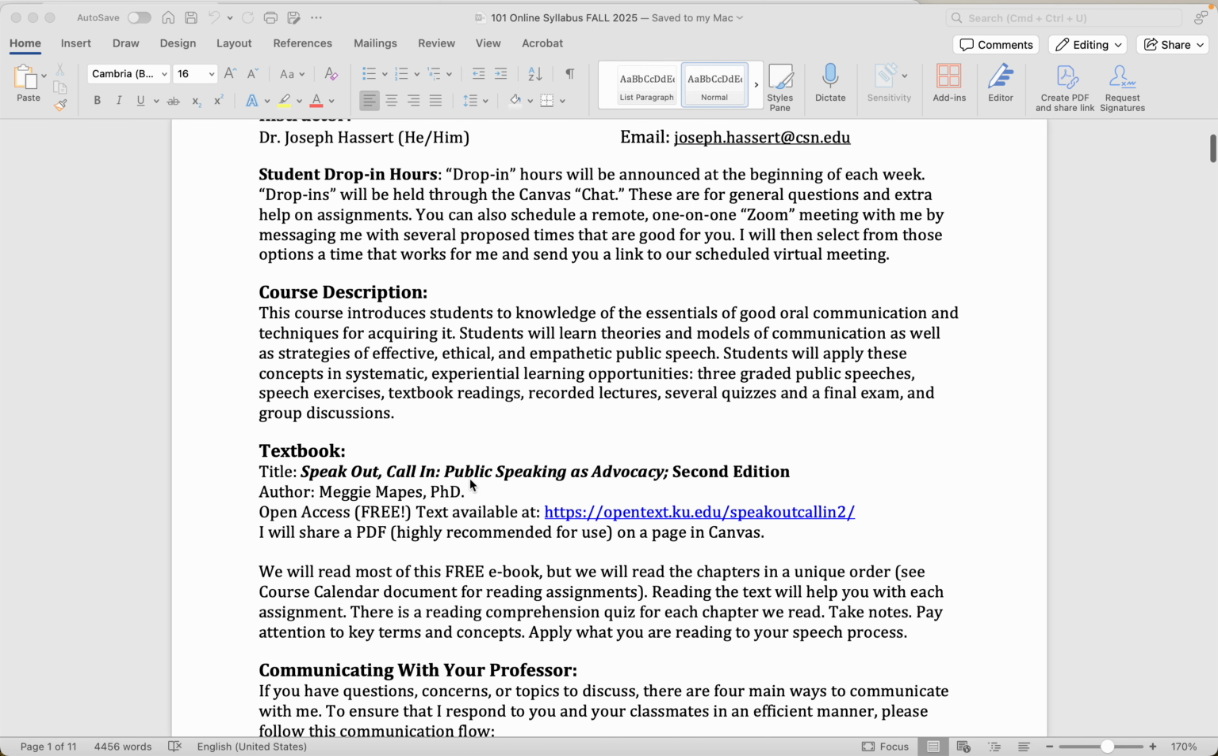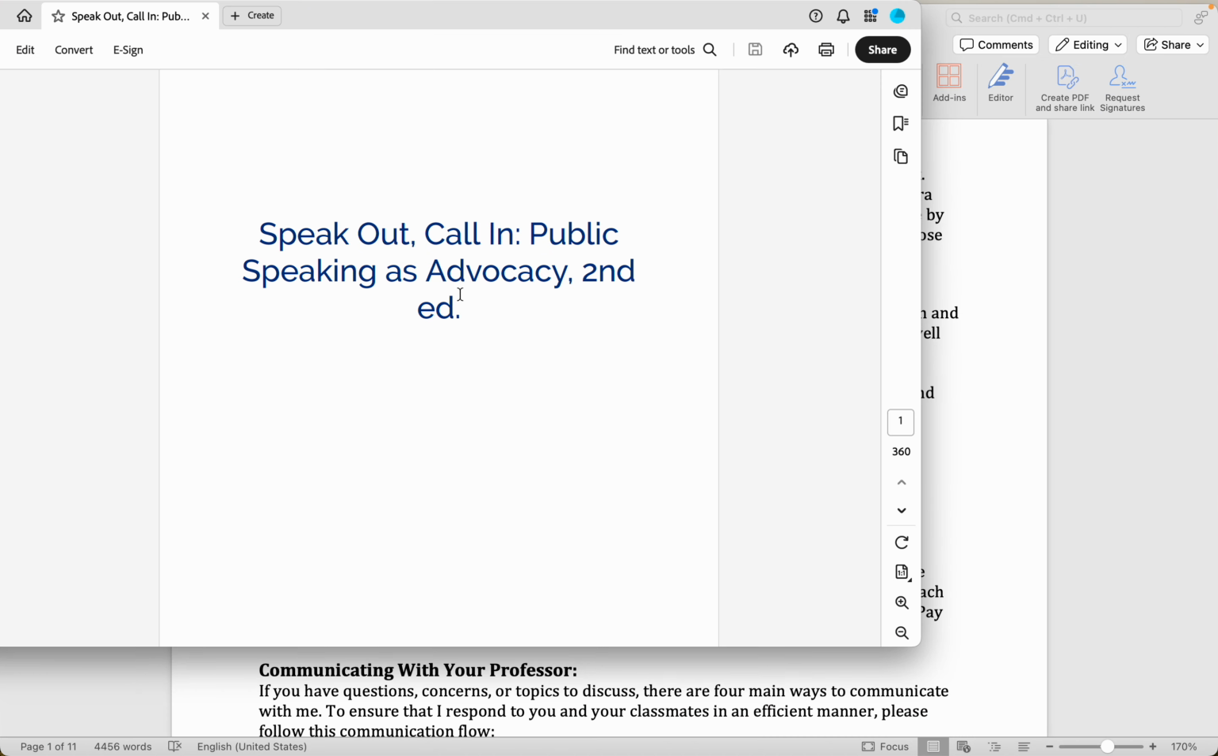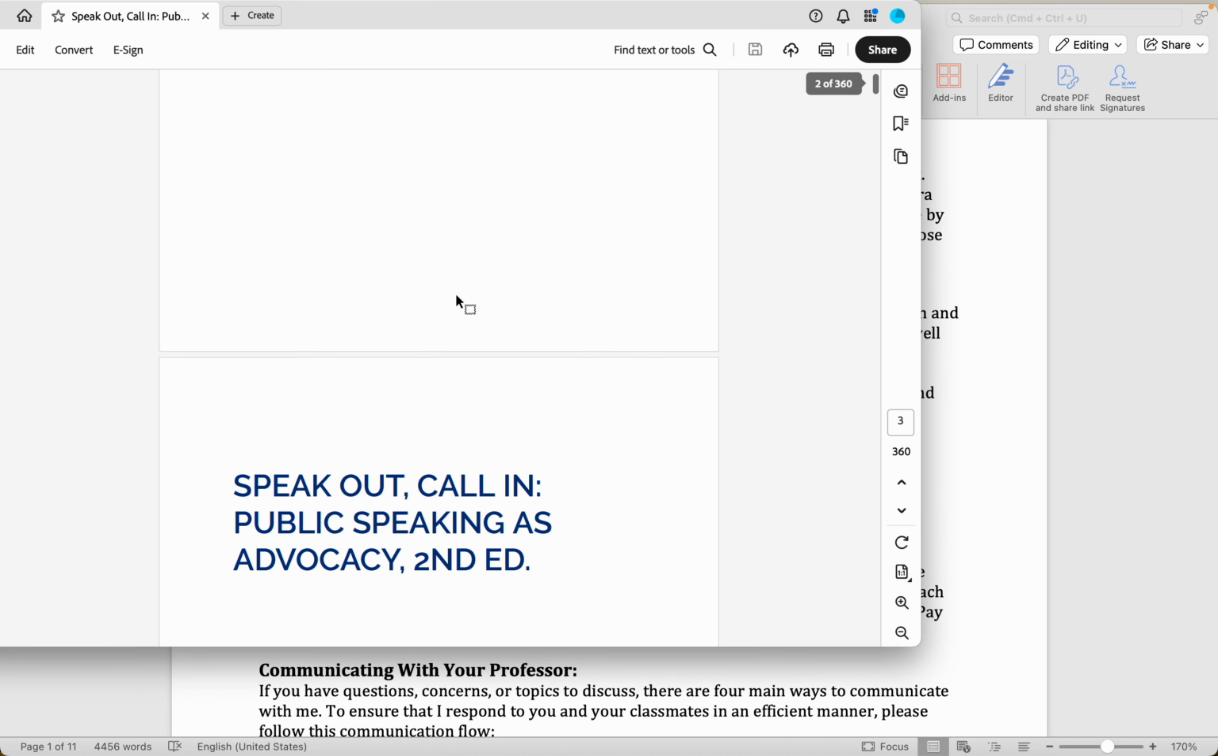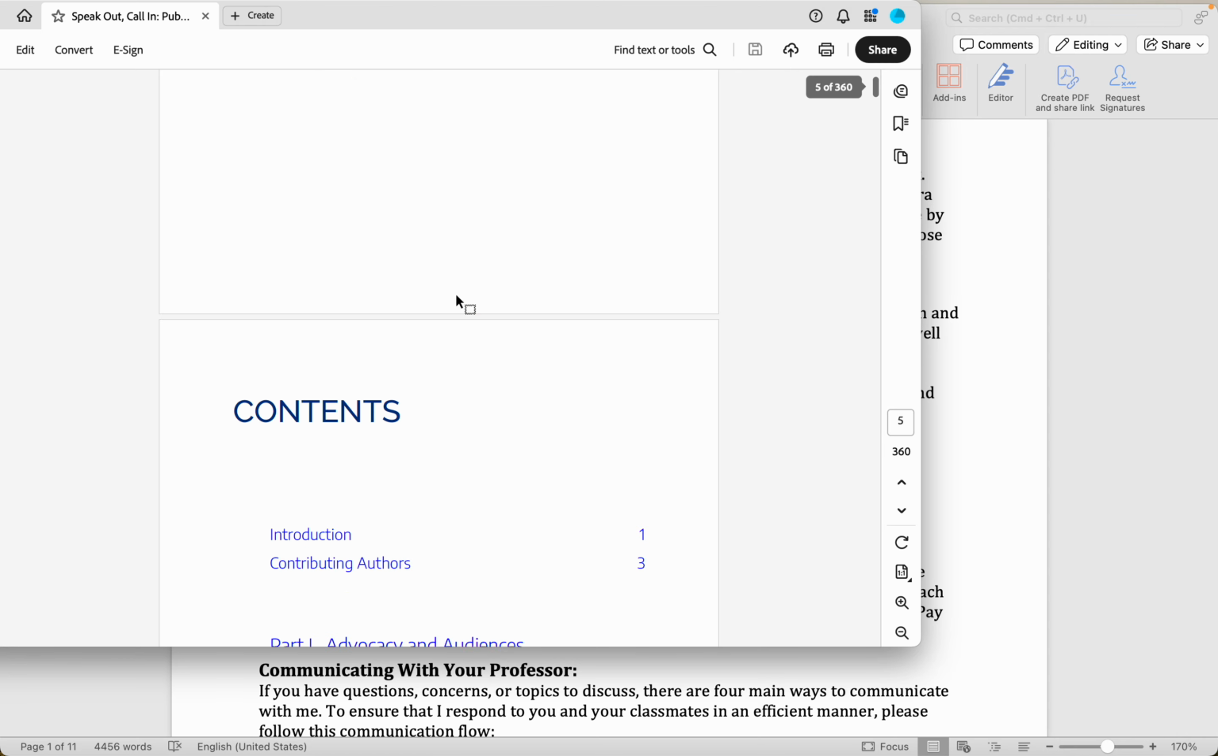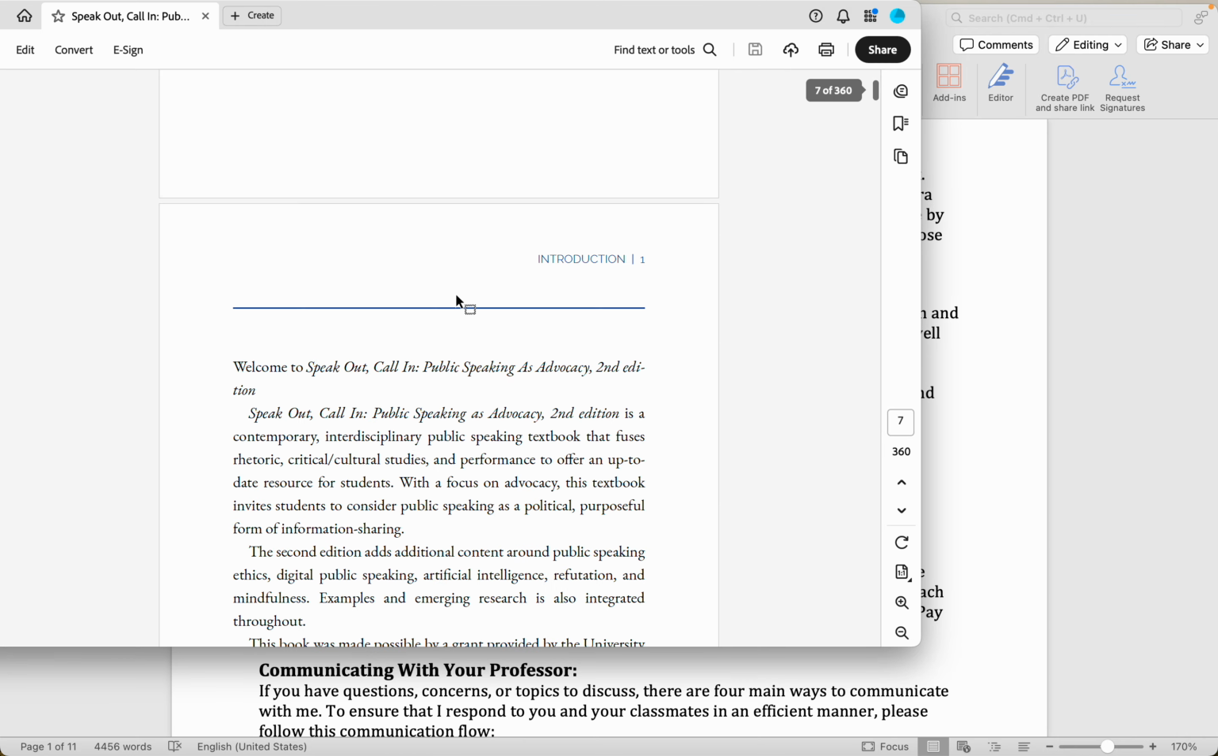The first is the textbook. The textbook has been updated from the first edition to the second edition. You can download the PDF at this link here or on the Canvas page for the textbook PDF. And I highly recommend that you download the PDF for the second edition of this textbook, because that's where you'll see page numbers, and that'll matter a few times. I'll reference page numbers in perhaps a lecture or